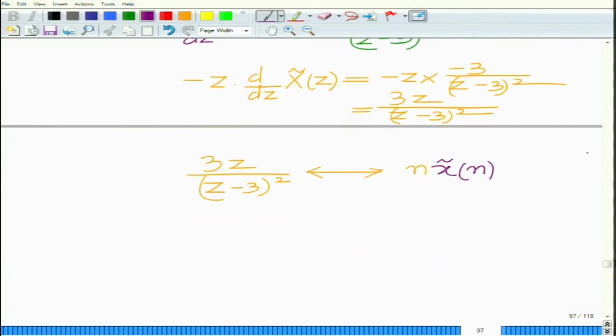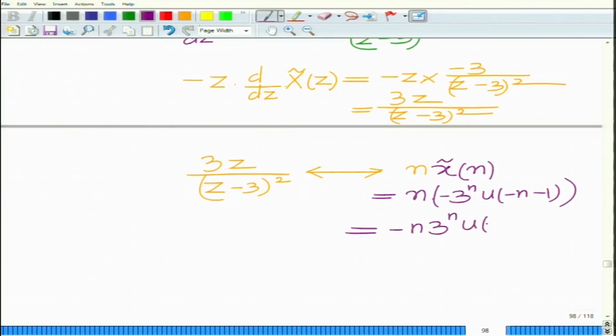So, this will be n times minus 3 raised to n u of minus n minus 1, which equals minus n 3 raised to n u of minus n minus 1. That is 3z over z minus 3 square, which implies that basically z over z minus